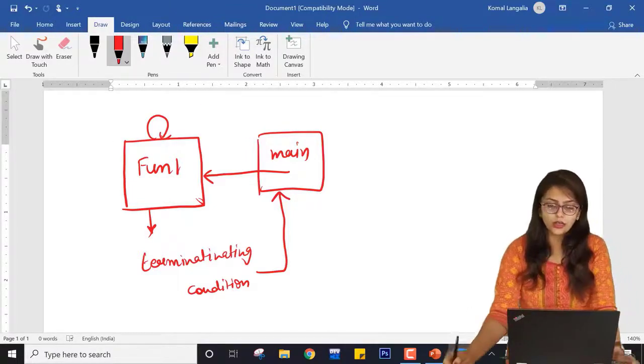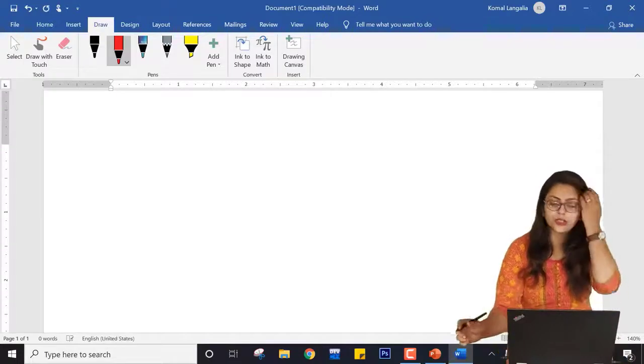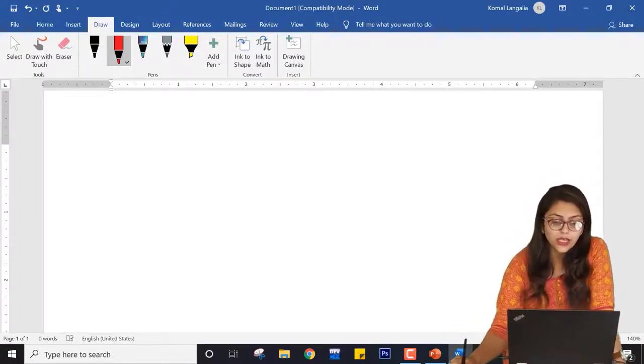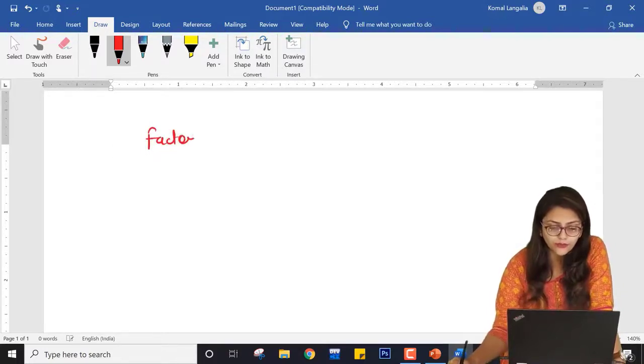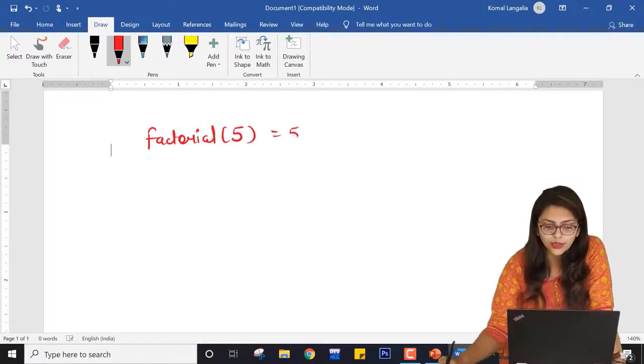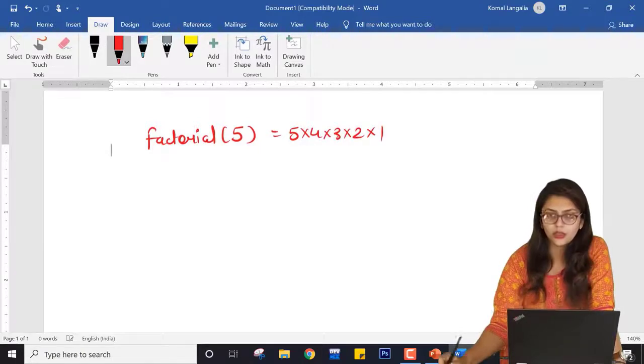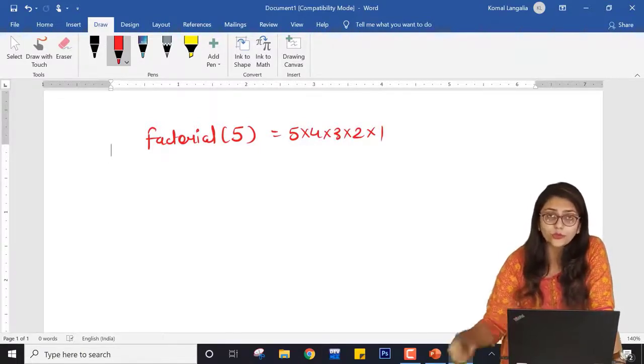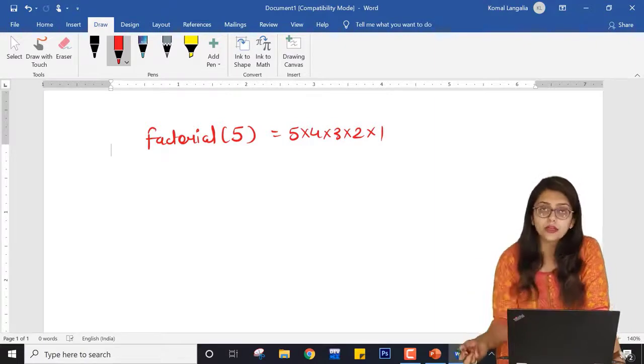If I give you an example of recursion, how exactly it is done, then you know the factorial, right? So how can you find the factorial? Suppose you want to find the factorial of 5, which is nothing but 5 into 4 into 3 into 2 into 1. But what if you want to write this in the form of a recursive formula?